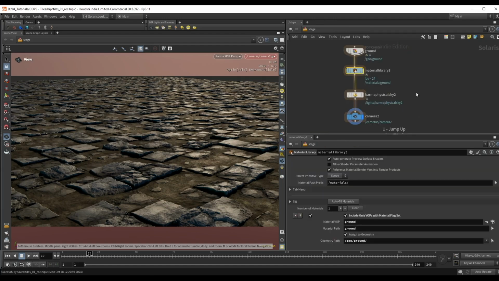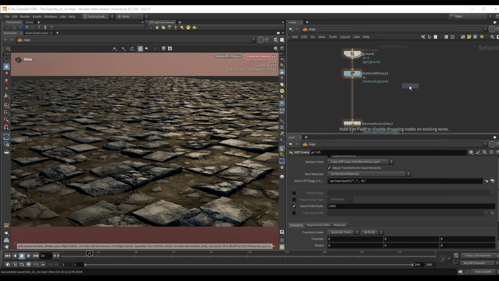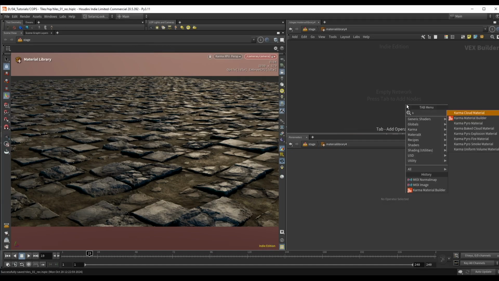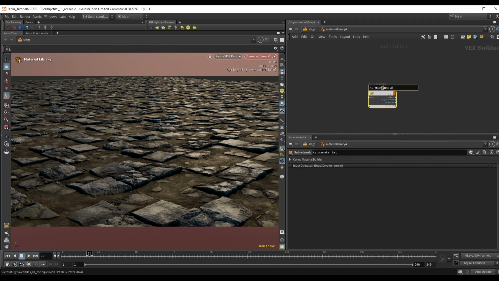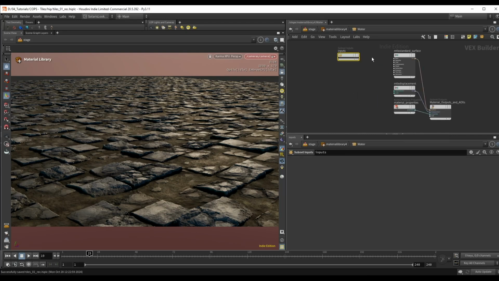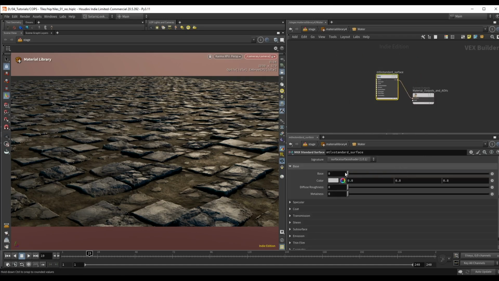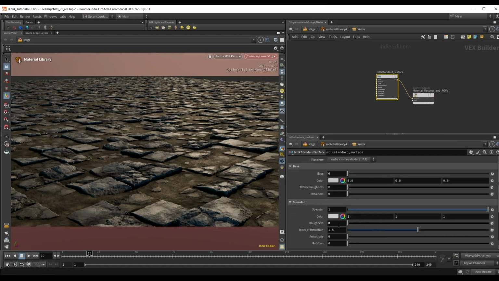We can go up one more time, and let's do another grid over here to the side. Let's rename this one to water, and I'll place this inside geo/water, and we want to do another material library. Let's step inside and drop down a Karma material builder and rename this one to water. So for the water shader, we'll keep things fairly simple. Let's go ahead and get rid of everything except our standard surface here, and I'll set the base color here to 0. I'll go in the specular and set the roughness to 0,